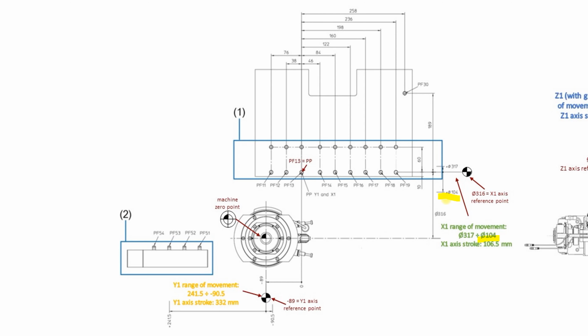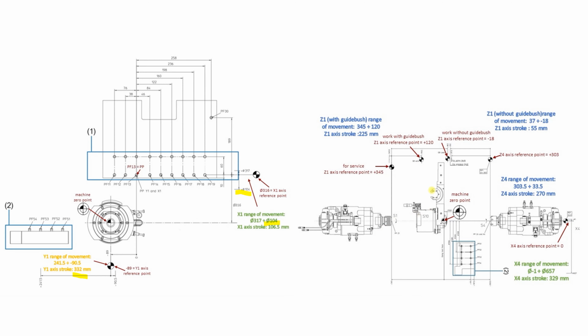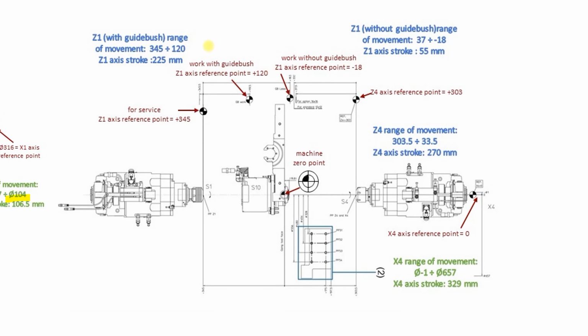But this position corresponds with position of a tip of a standard tool 1 millimeter below the center of a bar. Here you see the stroke for axis Y1, and moving to our drawing to the right, you see